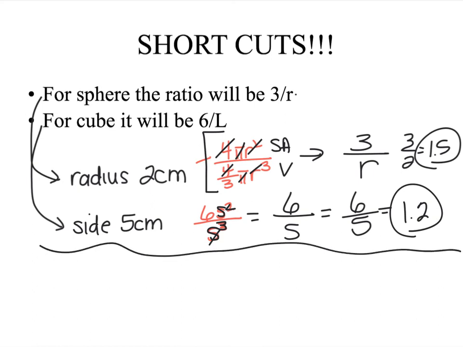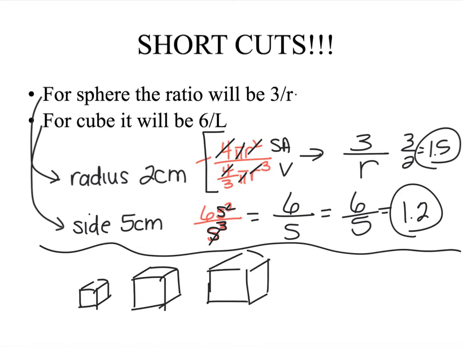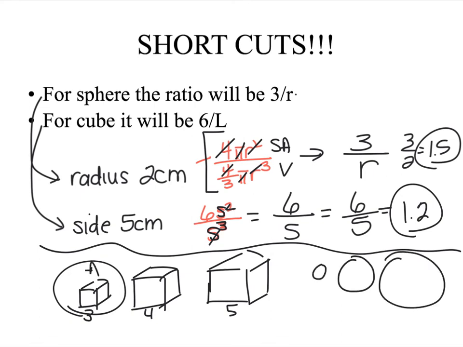And the last comment I want to make to wrap this up: if they were to give you 3 cells and all 3 cells were the exact same shape, the smallest one is going to be your best one. If they give you 3 cubes and they say one has a length of 3, one has a length of 4, one has a length of 5, you do not have to work out surface area to volume ratios to solve the problem. The best one is going to be A. And the same is going to be true if you have 3 spheres. One has a radius of 2, one a radius of 3, one a radius of 4. Your answer is going to be the small one.